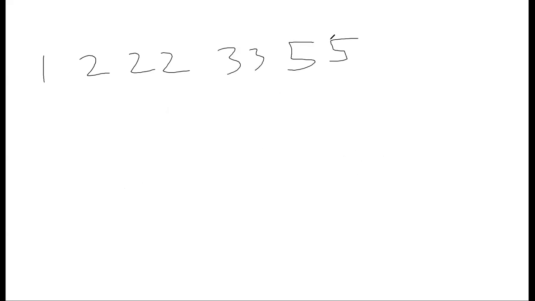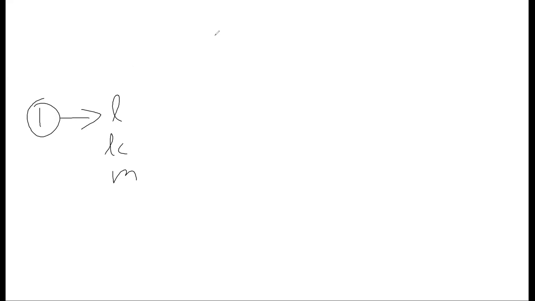Let me just erase one of those. So what I'll do is I'll do my first pass. I hope you were on the page when we were discussing the approach of having last counter and then max. So let's, for simplicity, draw these: 1, 2, 2, 3, 3, 5, 5, 5. So every time I do, the last character here will be empty. LC will be 1. Maximum will be 1. This is my first character.